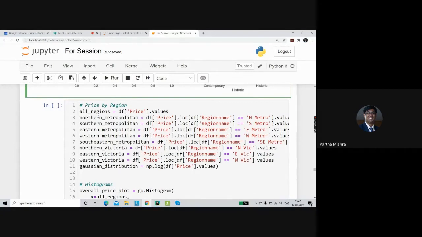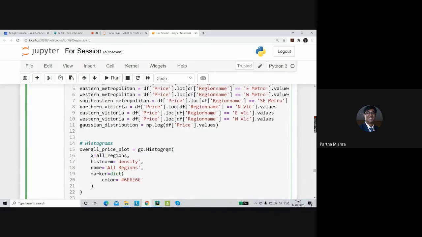Let's say we are only interested in the northern metropolitan area. Here, using the loc method, we first filter out the north metro values, and we assign these values to northern metropolitan.